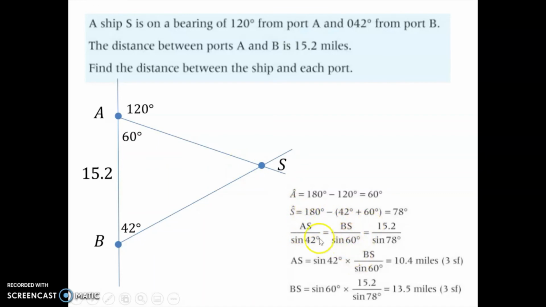All right, so the sine rule is actually set up in all three parts here. But to solve, you should just do one part at a time with this, right? So for example, AS over sine 42 equals 15.2 over sine 78. That can be solved for AS. And then BS over this equaling this to solve for BS. There's our two answers. That was tougher, but that's